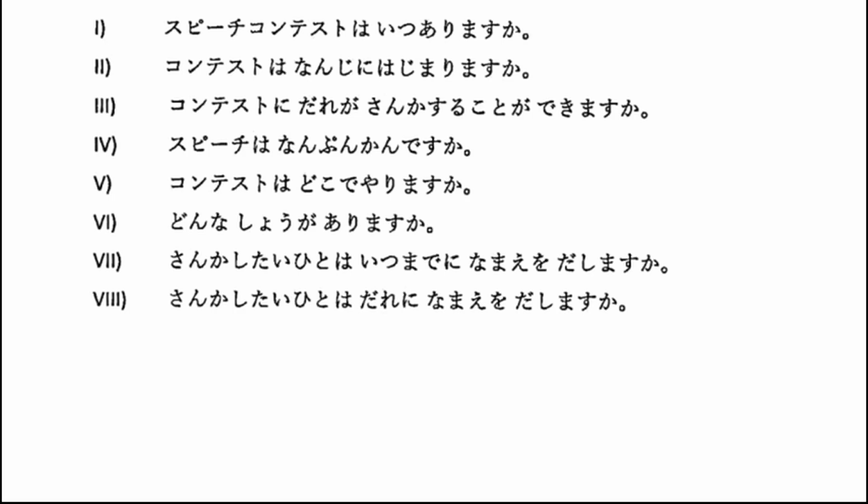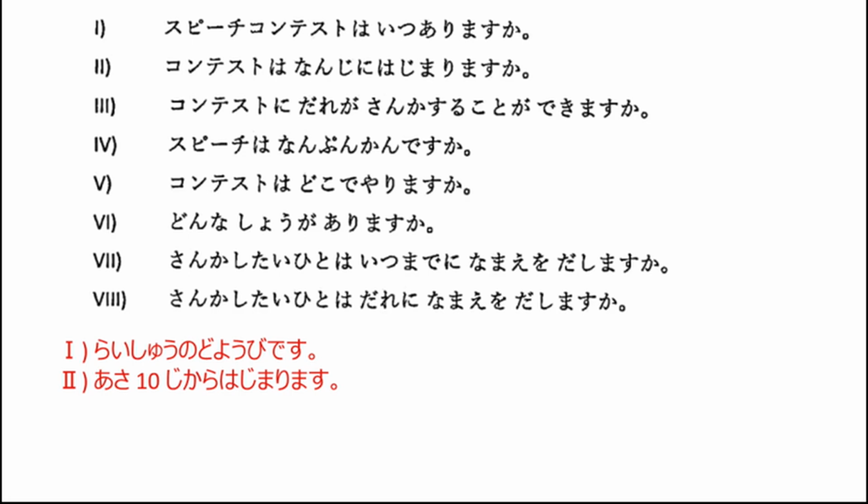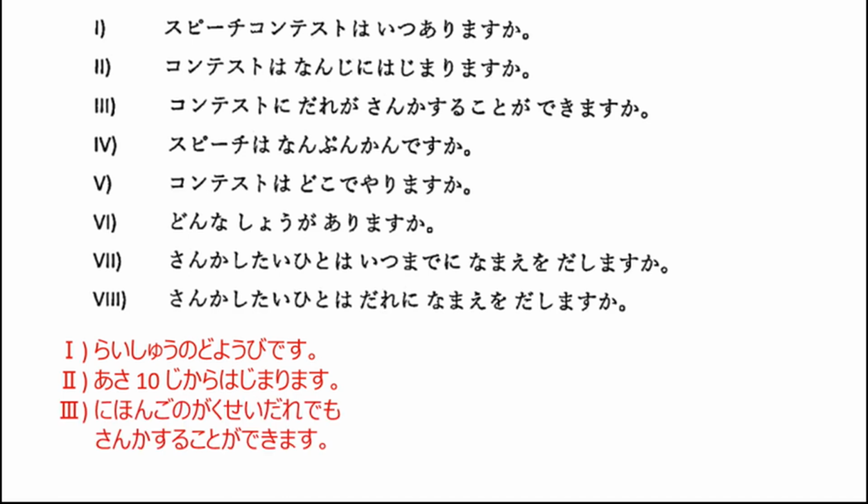The first question is, スピーチコンテストはいつありますか？ Since the speech contest is on next Saturday, the answer will be 来週の土曜日です。The second question is, コンテストは何時に始まりますか？ Since the contest will start from 10 a.m., the answer will be 朝10時から始まります。The third question is, コンテストに誰が参加することができますか？ Since any student of Japanese language can participate, the answer will be 日本語の学生誰でも参加することができます。